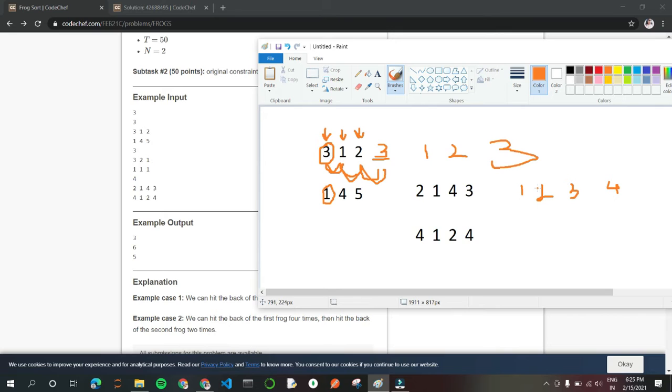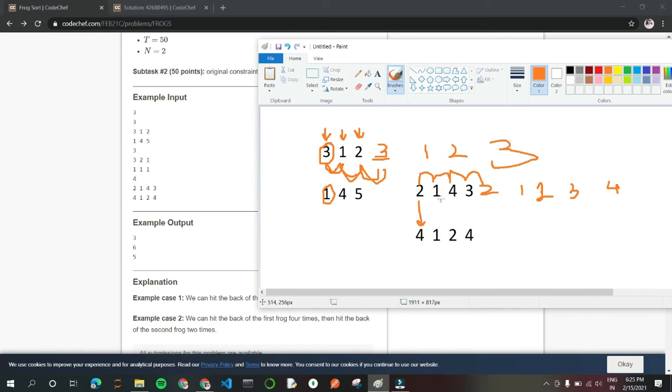I think my 2 is not looking like 2. These are the jumps each has to make. First we will make this 2 jump. Once we make it jump, it will jump 1, 2, 3, 4, because here it is 4. So this will come here.